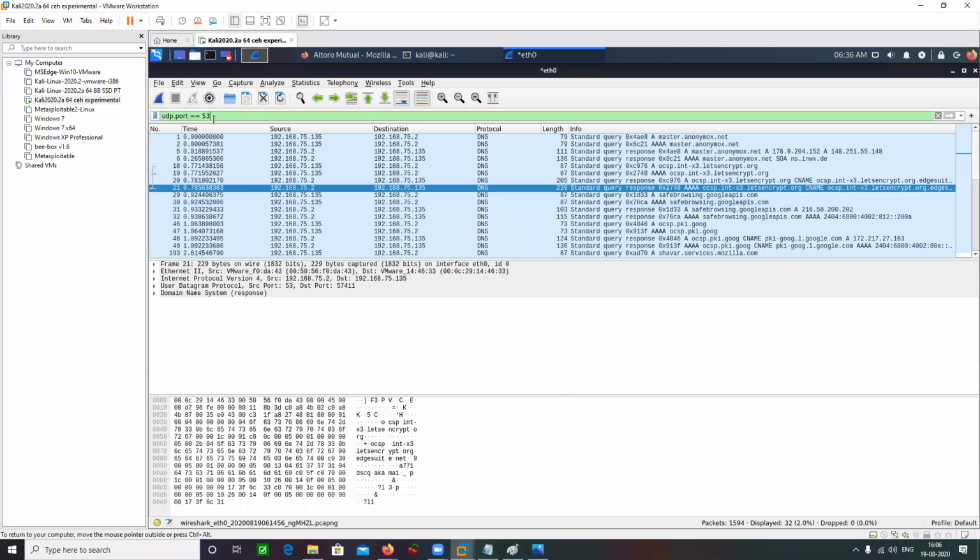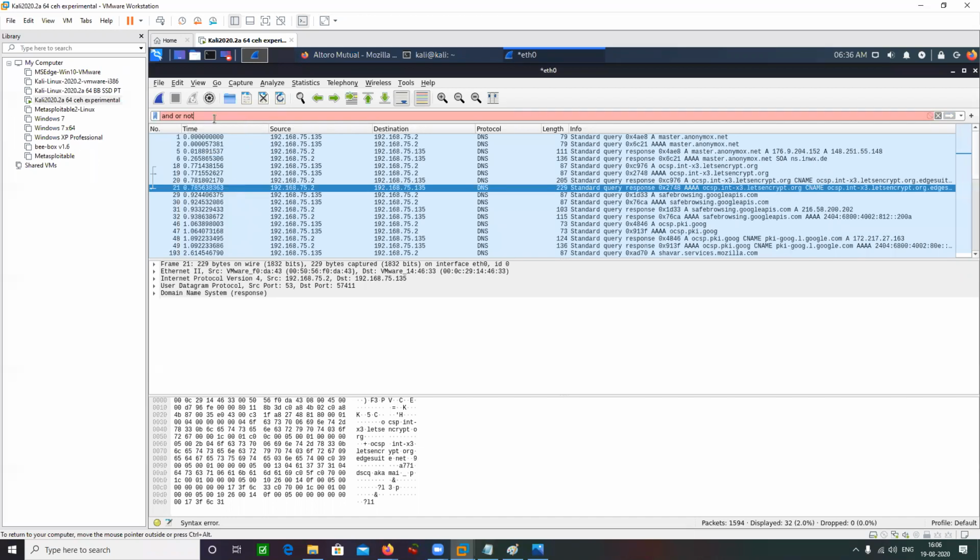Now let's say I want to combine more than one filter. How can I do that? Here I can use my logical operators. My logical operators are the and operator, the or operator, and the not operator.